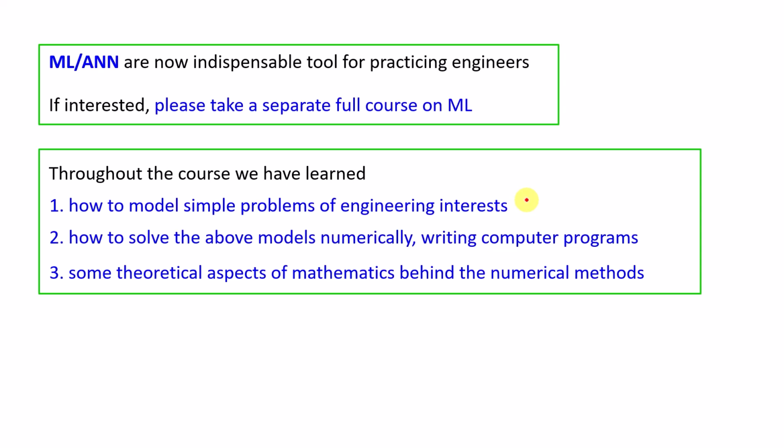We cannot test every system, we cannot measure every system physically, and from measurement we cannot give immediate predictions. That is why a mathematical model is of absolute importance for all engineers, be it in academia, research, or industry. In this course, I have tried to give you the idea of how we can simplify a complex physical system and create a few equations that can predict what will happen to that physical system given certain inputs. So that is the first part.